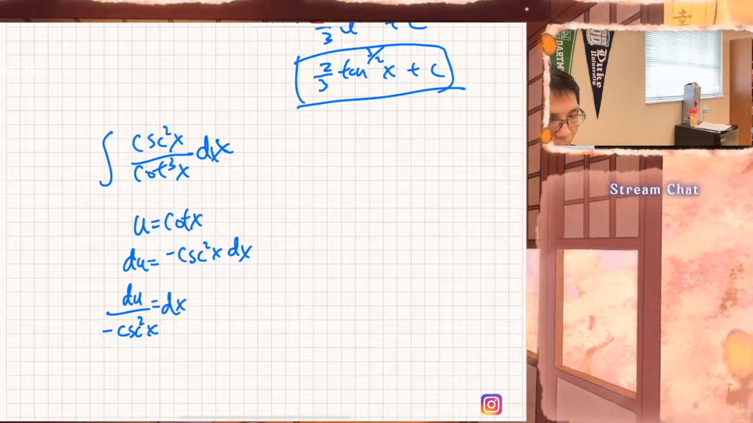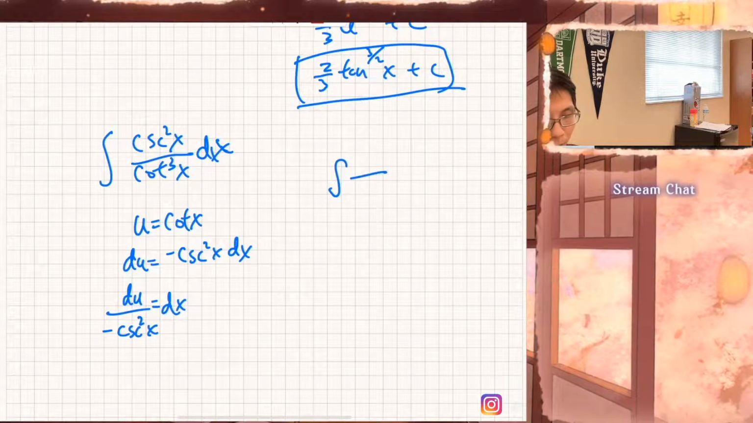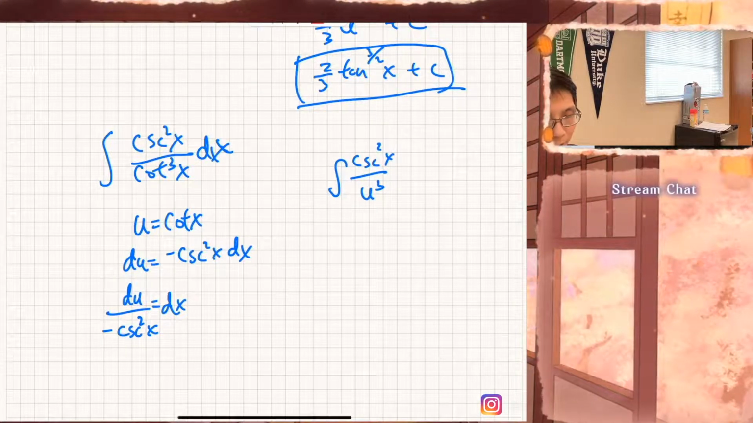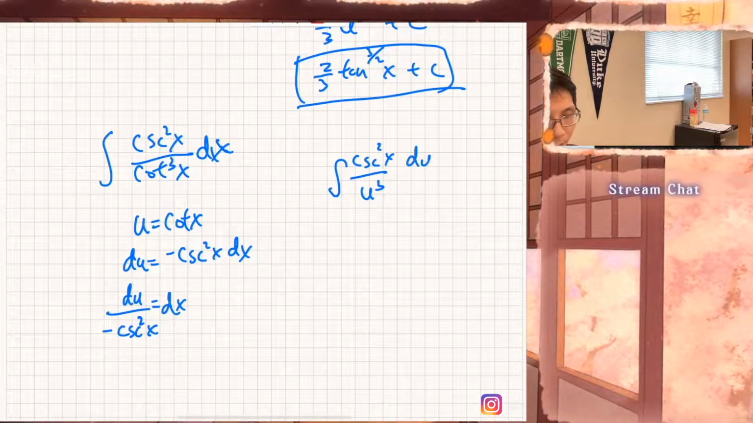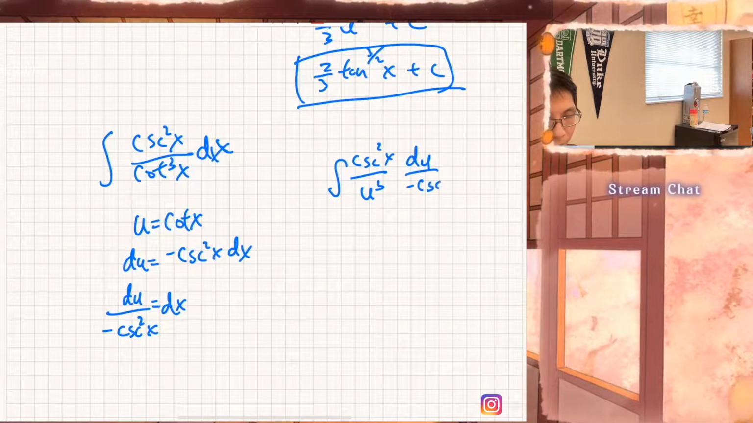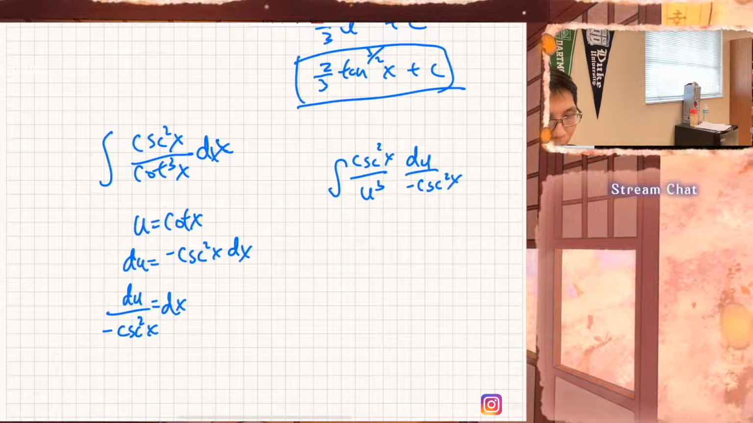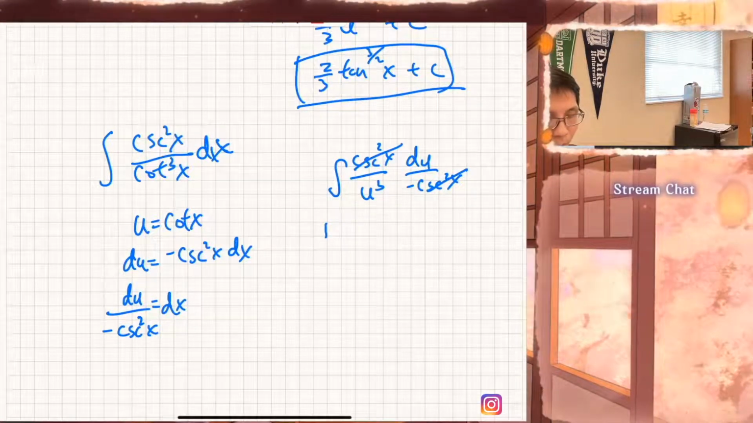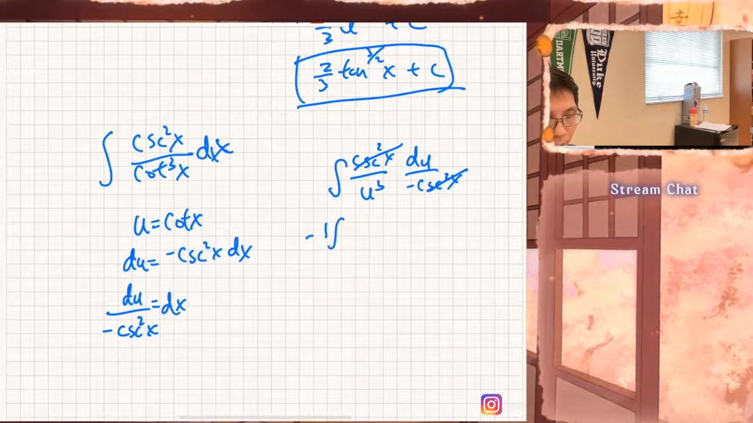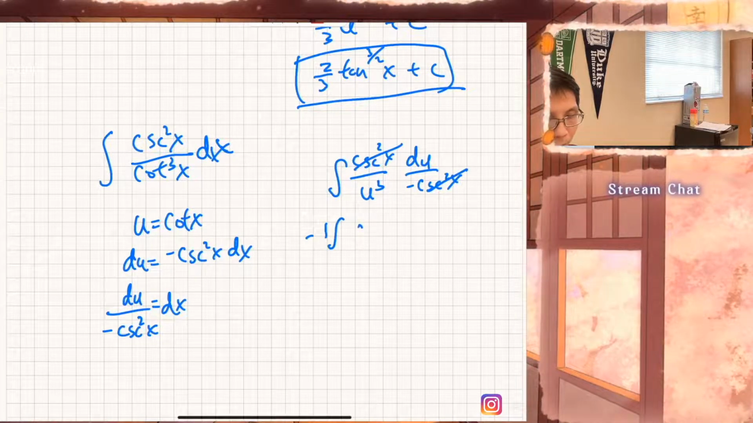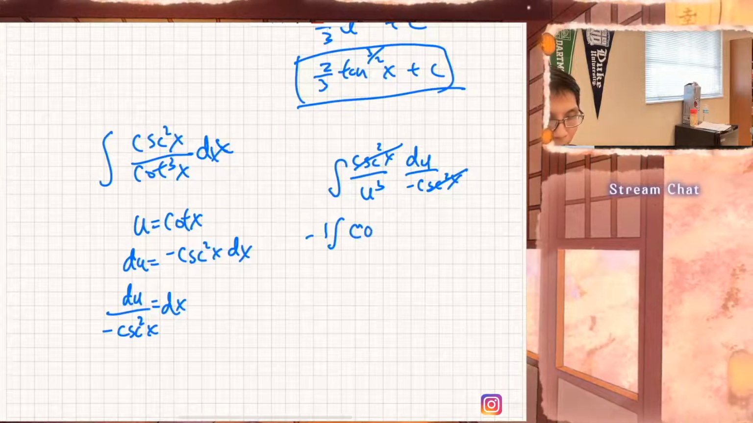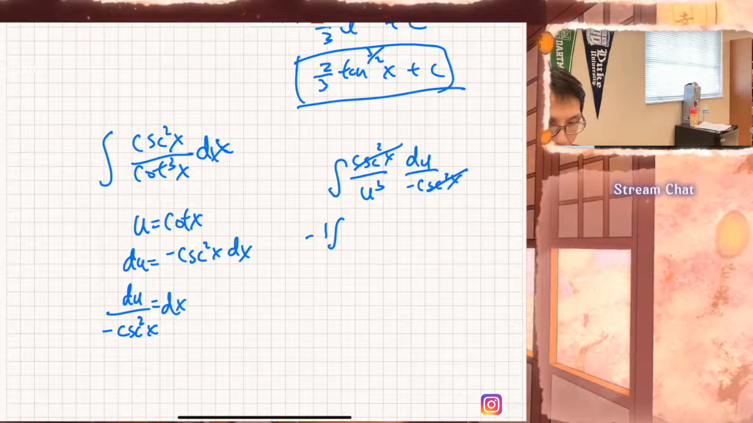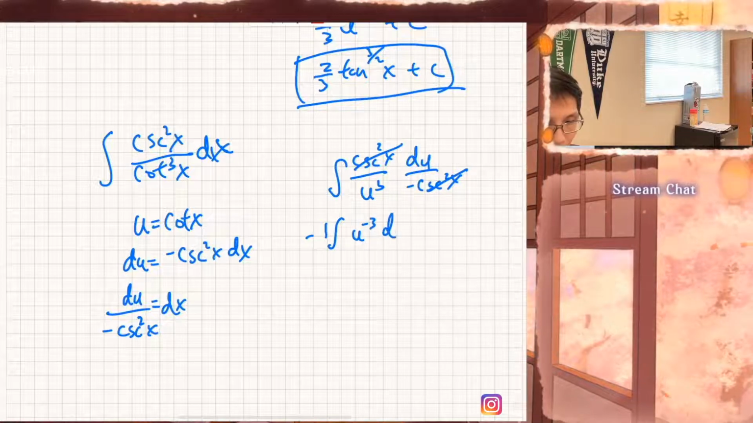Does that make sense? So that's going to be u to the third, cosecant squared x, and then this one's going to be du over negative cosecant squared of x. And they cancel out. That's going to be negative 1 of cotangent, sorry, u to the third, u to the negative third, du,